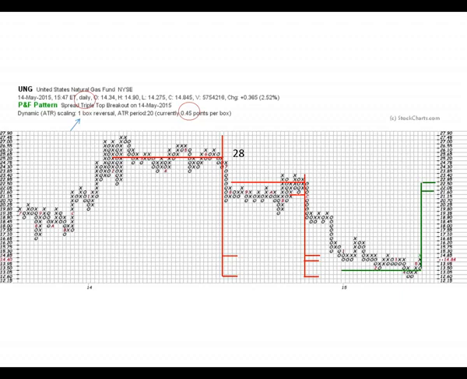With one box reversal, you can go further to the left than you can with 3 box, because 3 box is compressing the data more. So you can be a little bit more liberal in your counting across on a 1 box, because you're actually looking at really less data,